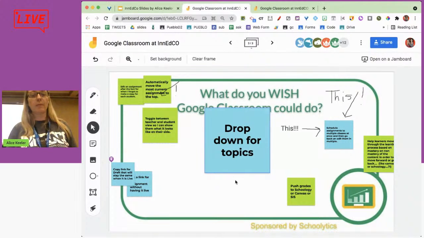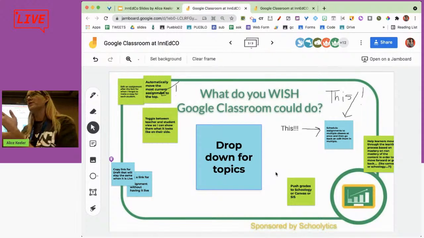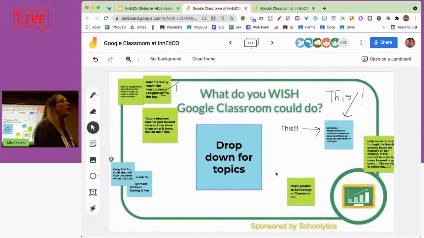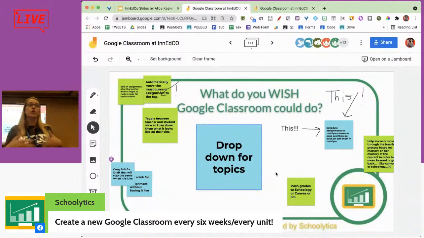But that is definitely one of my, I will definitely never give that up, because when I have a separate Google Classroom for the unit, I get to be a lot more creative about the topics. I don't have to wait for the internet. The more stuff you got on your Google Classroom page, the slower it loads. So it's loading up all these old assignments. And then when you want to reuse assignments next year, you're scrolling through the entire list, not me.